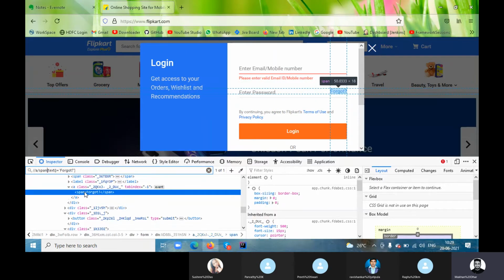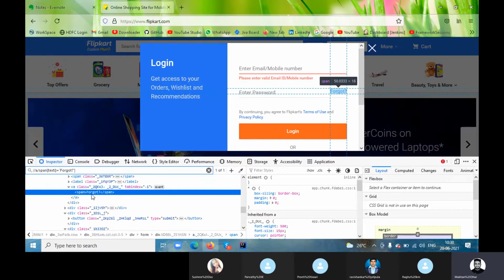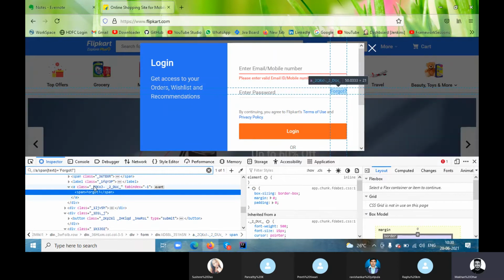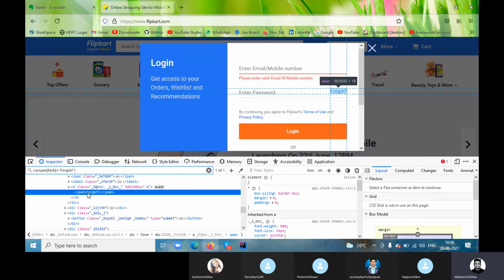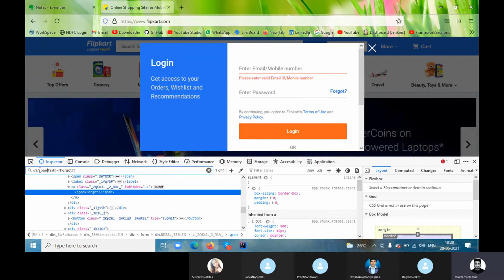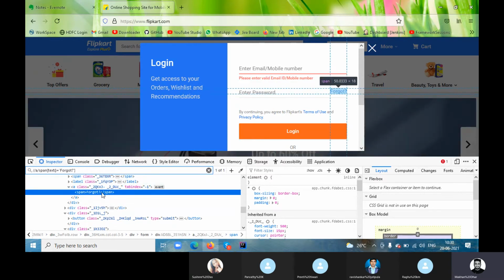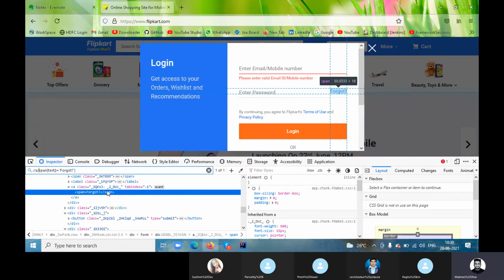If you are not getting it on the first one, in that case you will be going to the root. This is the root, just consider the example I'm giving. If you are not getting it at the high level, you are going to the root. So this is the end point of this element, so we are going to the end point. So the single forward slash represents going deeper, like going to the root level.